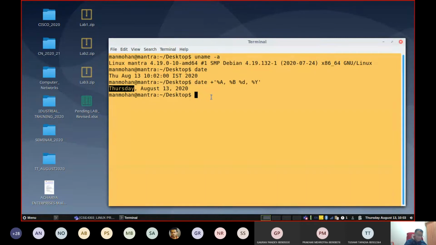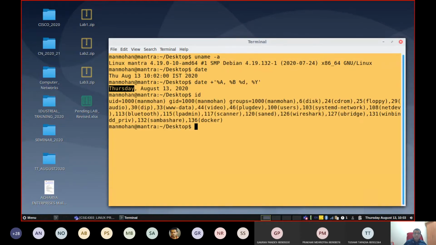In case you want to find out the information about your identity, when I say your identity, the user's identity, there is one more command which you can use, that is id. It gives detailed information about my one particular user account. For the moment you need not bother much about the details printed here, but it says that your user ID in the computer is 1000 and your group ID is 1000, username is Manmohan, and in this computer you have only one group called Manmohan because I am the only one person using this PC, so I didn't create many different groups.